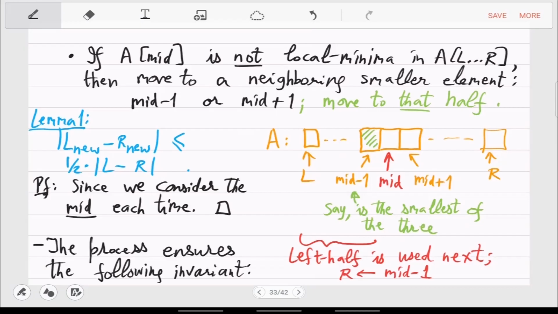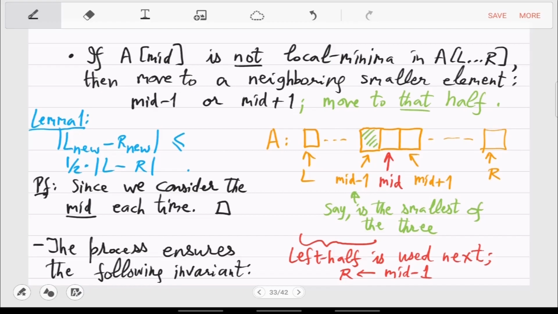So what is the analog of mid in a matrix? In 1D the mid was the middle element. What is the middle element in a matrix? You think of each of these entries as a column. So when you calculate the mid, you should be calculating the middle column, and in the middle column, you find the min. So the min in the middle column is the analog of what we did here.